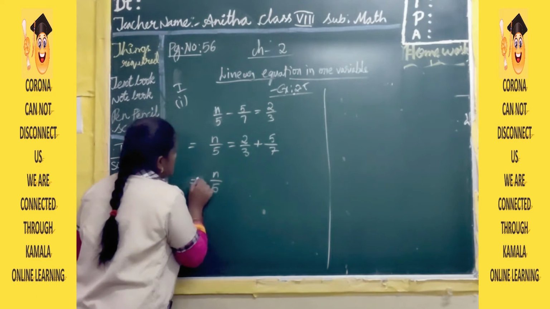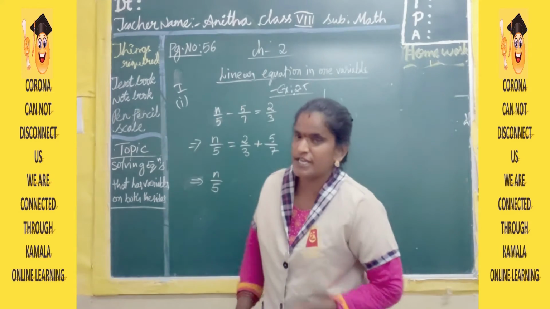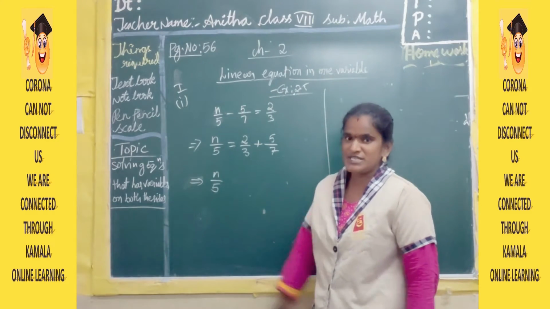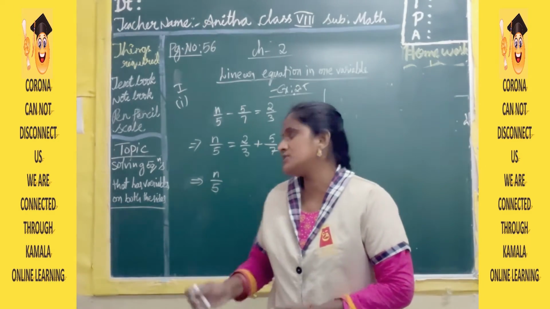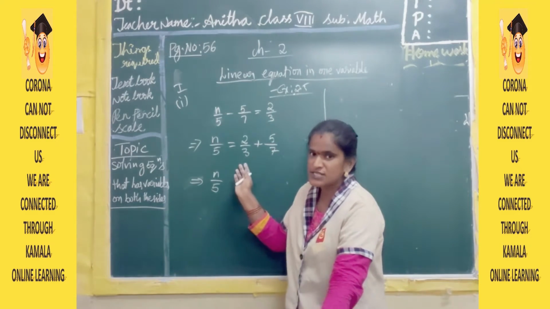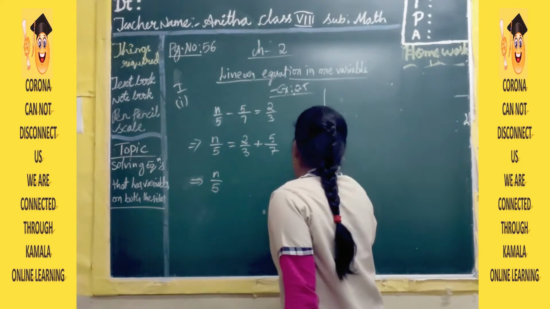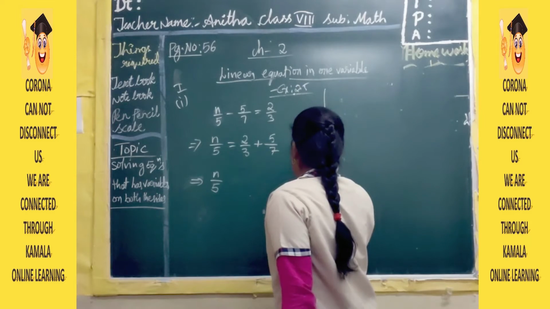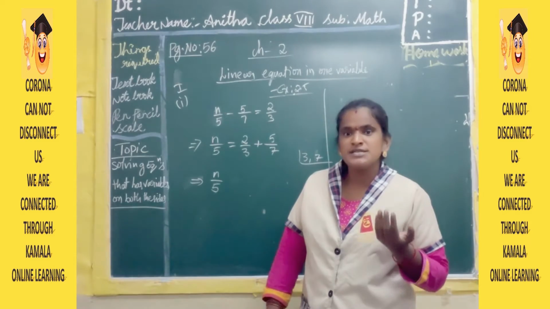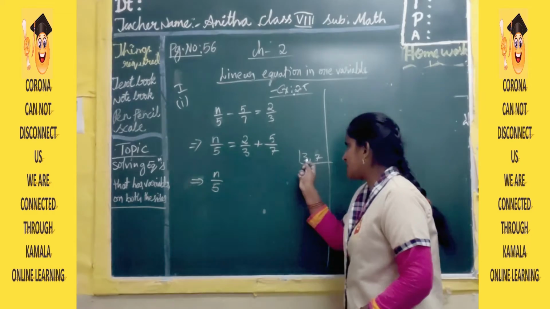Here you have to observe, children. Here fractions are there, not single values. Here not natural numbers. It is in the form of fractions. Yes. So that's the reason we first took this. We want to take the LCM of these two denominators. Yes or no? We know we learned in the previous class how to add fractions. In 4th class, 5th class, 6th class, 7th class also we learned.